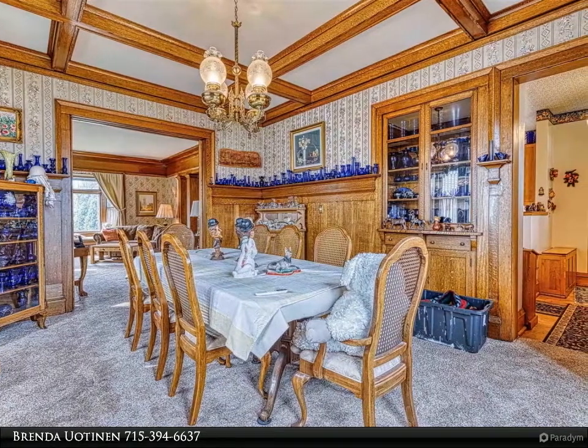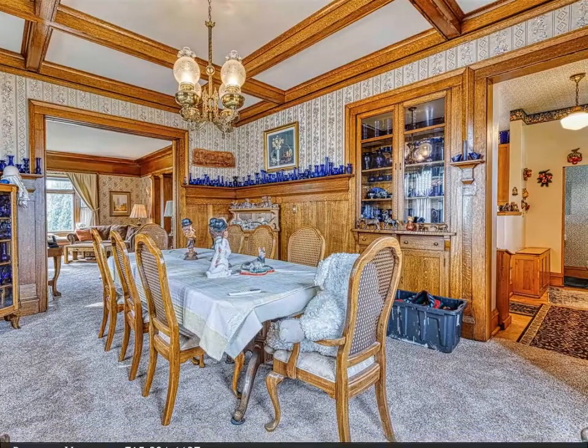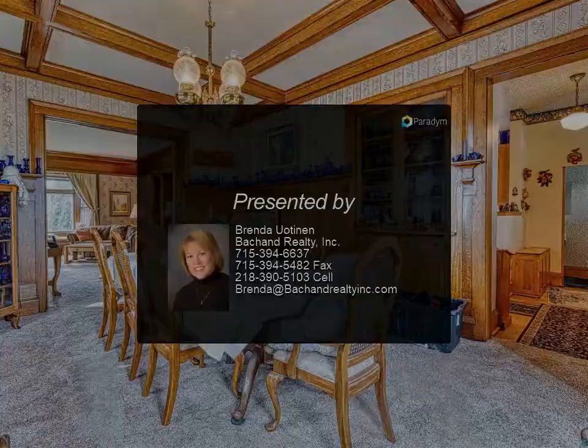The basement has a rec room with pool table, workshop, laundry, furnace room, 1/4 bath and loads of storage. The backyard is fenced and the front yard is landscaped with privacy hedge. This stately home is looking for just the right